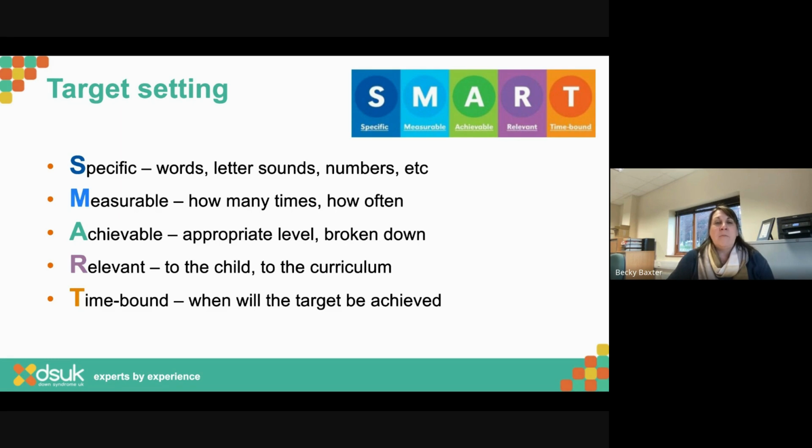I need it to be measurable. So how many times does the child have to demonstrate they can do it? Are we just going to do a one-off assessment at the end of the topic and say they got it or they didn't get it? Or are we going to think about how we might measure a bit more frequently to see maybe some progress over time, and also in terms of a criteria? Everybody has an off day, but what's our number that we go, yeah, okay, I'm going to say that is now achieved, and we'll move on to something else.